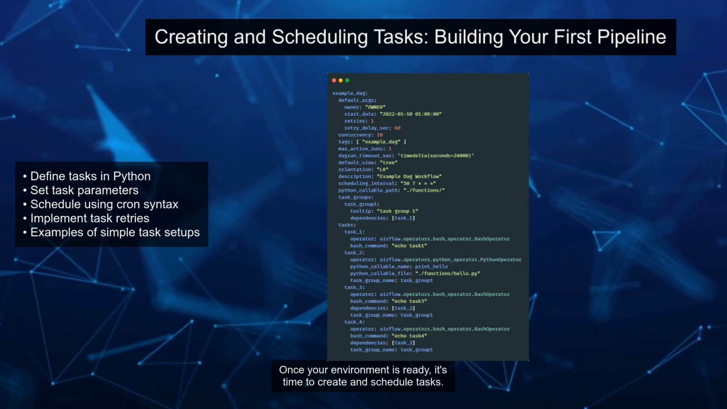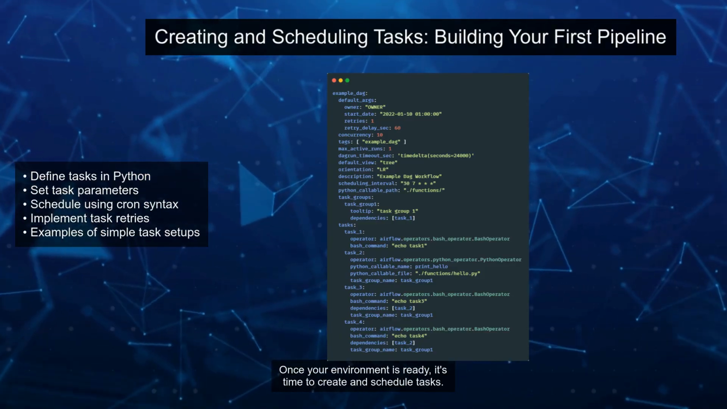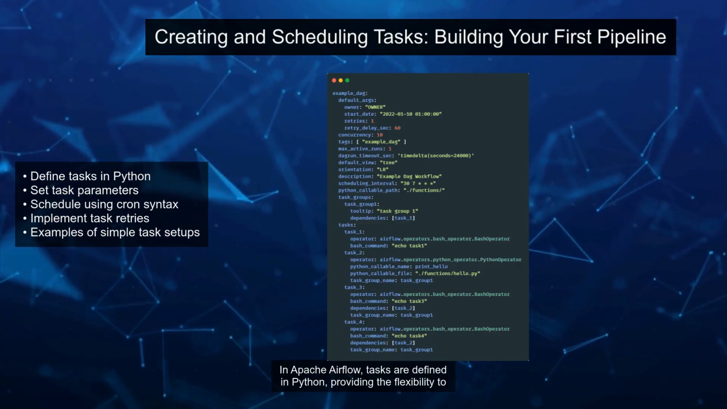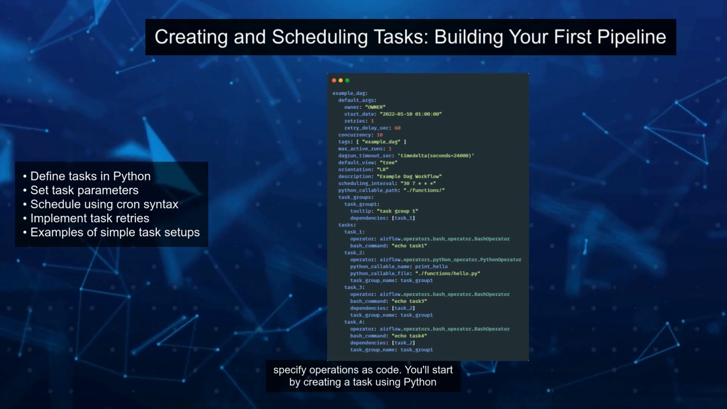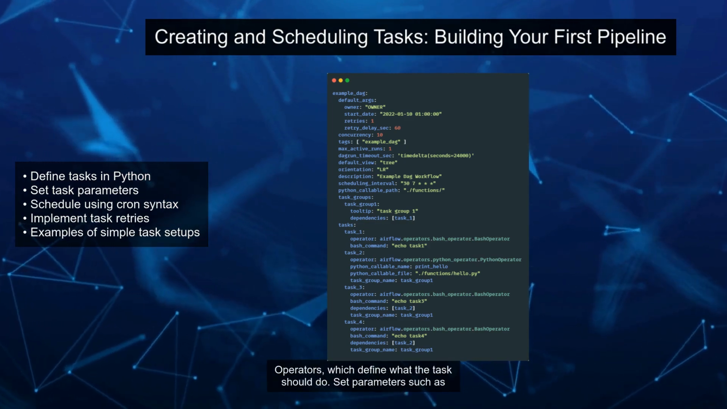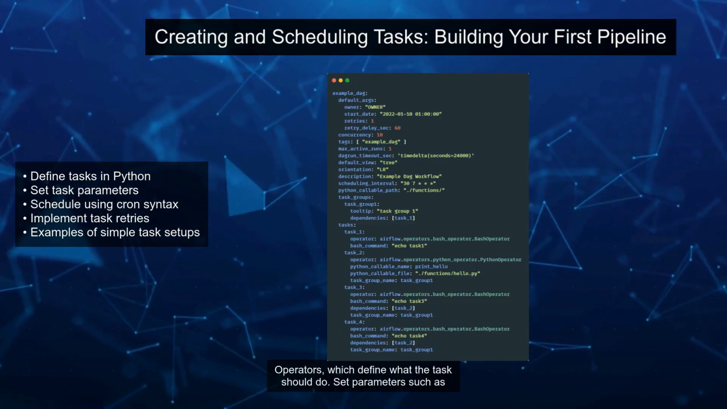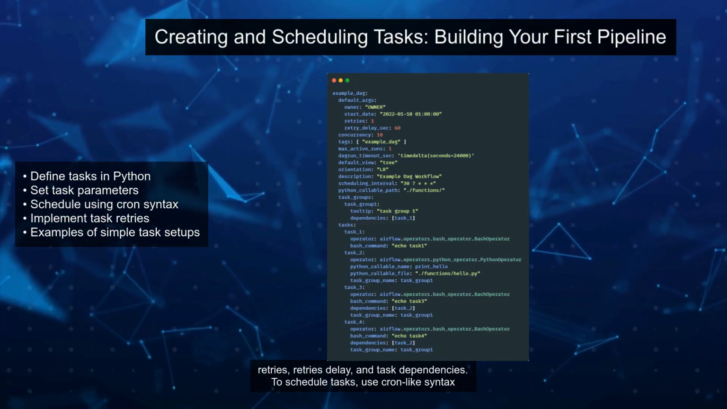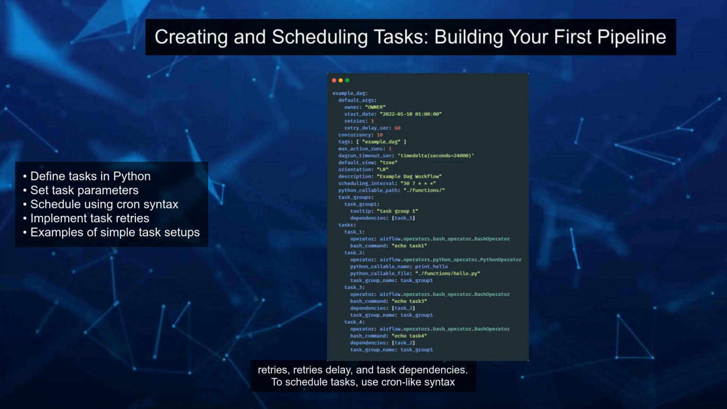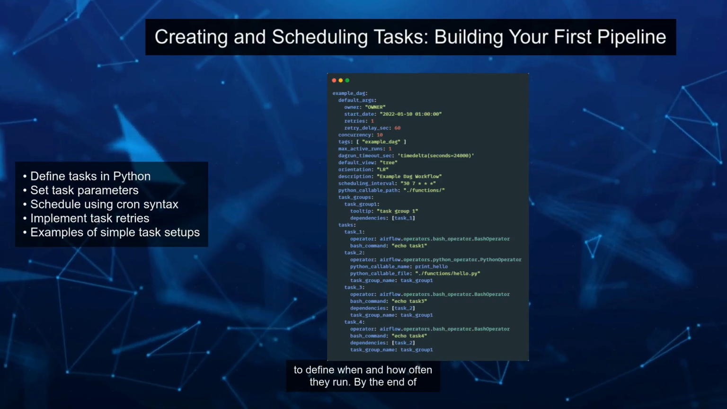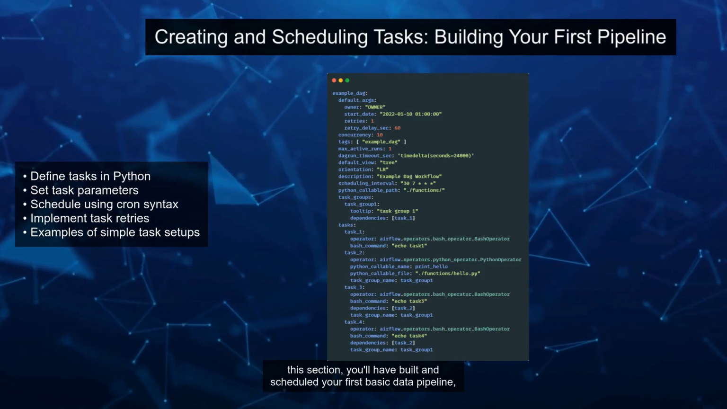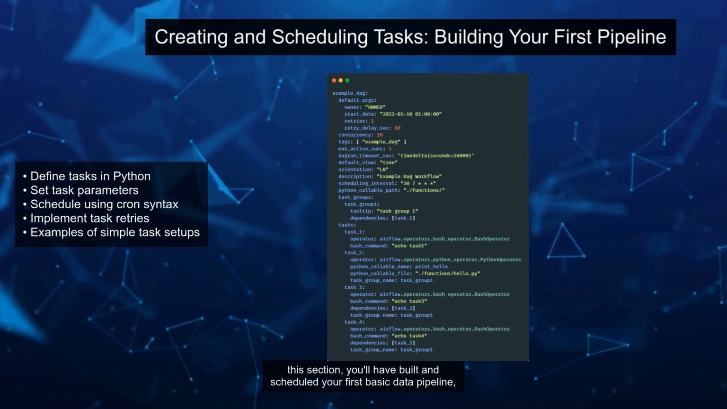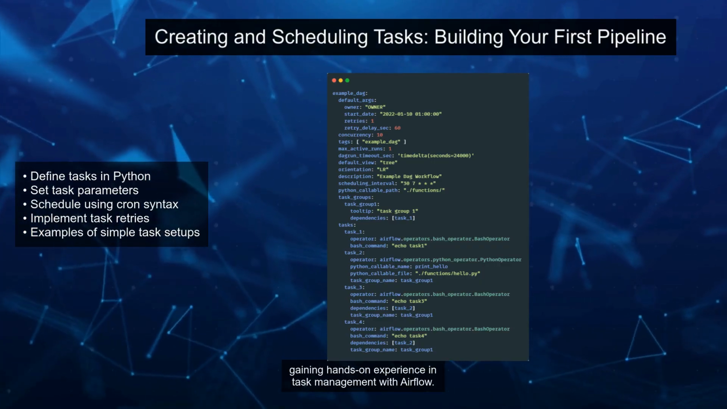Once your environment is ready, it's time to create and schedule tasks. In Apache Airflow, tasks are defined in Python, providing the flexibility to specify operations as code. You'll start by creating a task using Python operators, which define what the task should do. Set parameters such as retries, delay, and task dependencies. To schedule tasks, use cron-like syntax to define when and how often they run. By the end of this section, you'll have built and scheduled your first basic data pipeline, gaining hands-on experience in